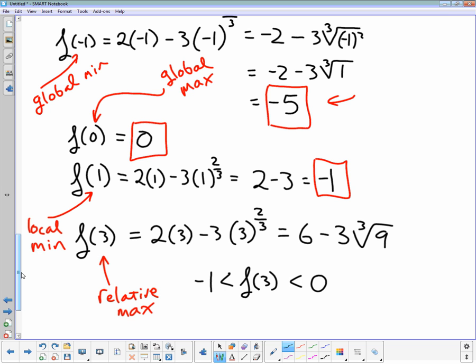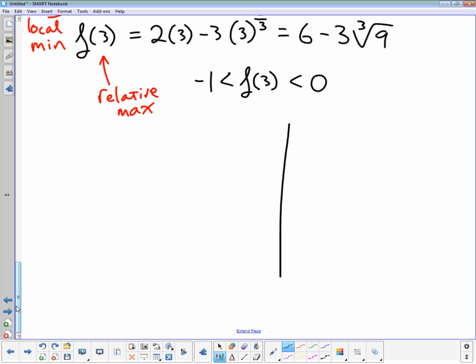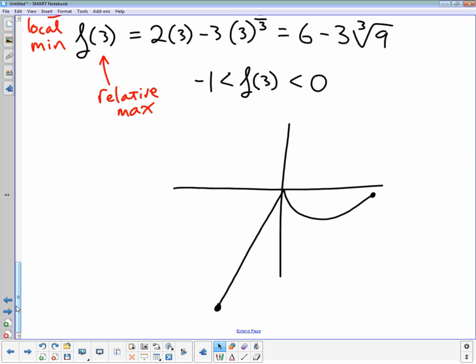And in fact, if you were to graph this, it would look like this. Graph it. Calculators, obviously, because we use a lot of